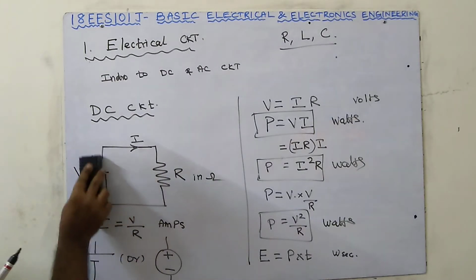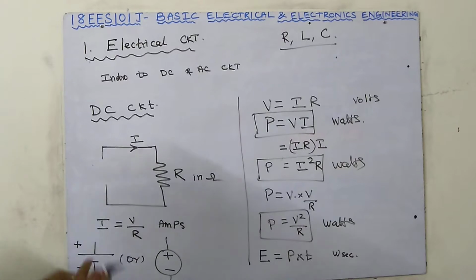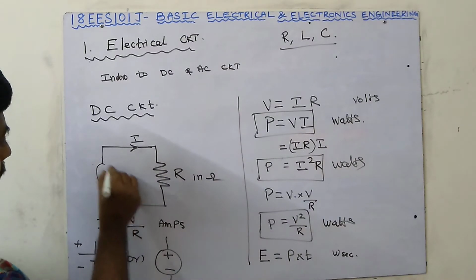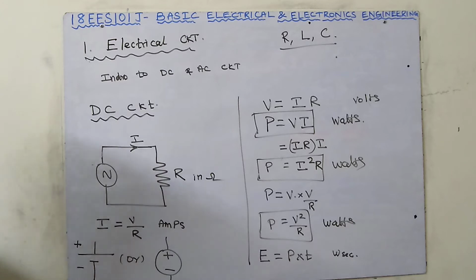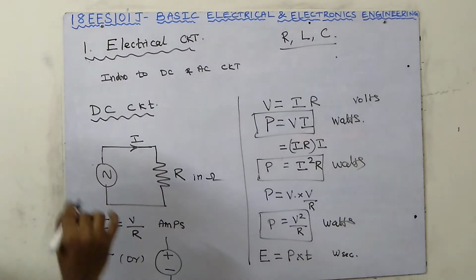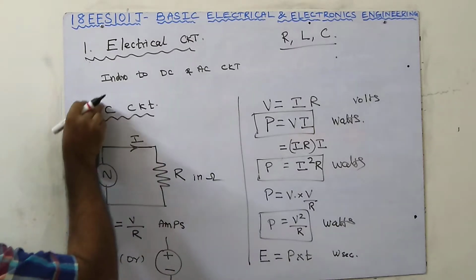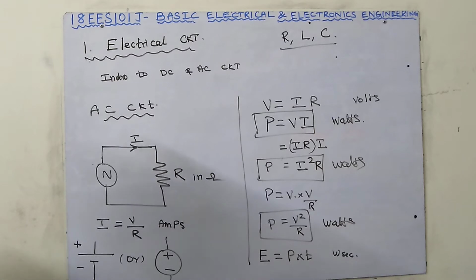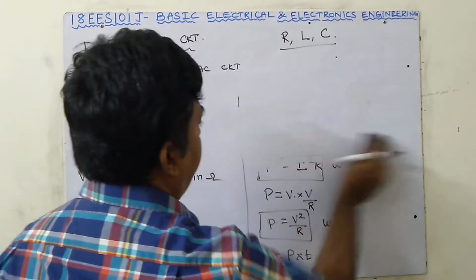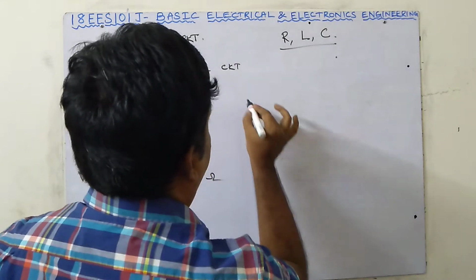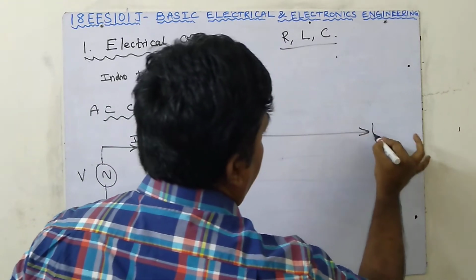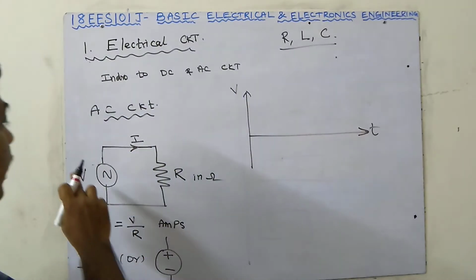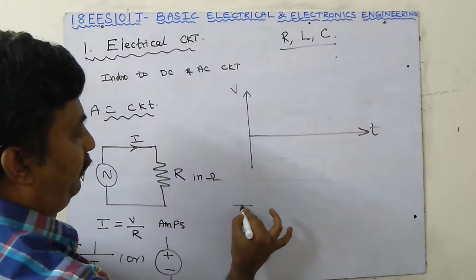If it is an AC circuit, I am going for only one thing, only a resistor. It will be round, and there is no plus minus, but they will give plus. I will explain why. It is not a DC circuit, this is an AC circuit. For AC, for example, they will give the voltage value. What is the main difference between DC and AC? In DC, the voltage will be constant. Suppose this is the time period, and this is the voltage. Suppose they have given 50 volts in DC.